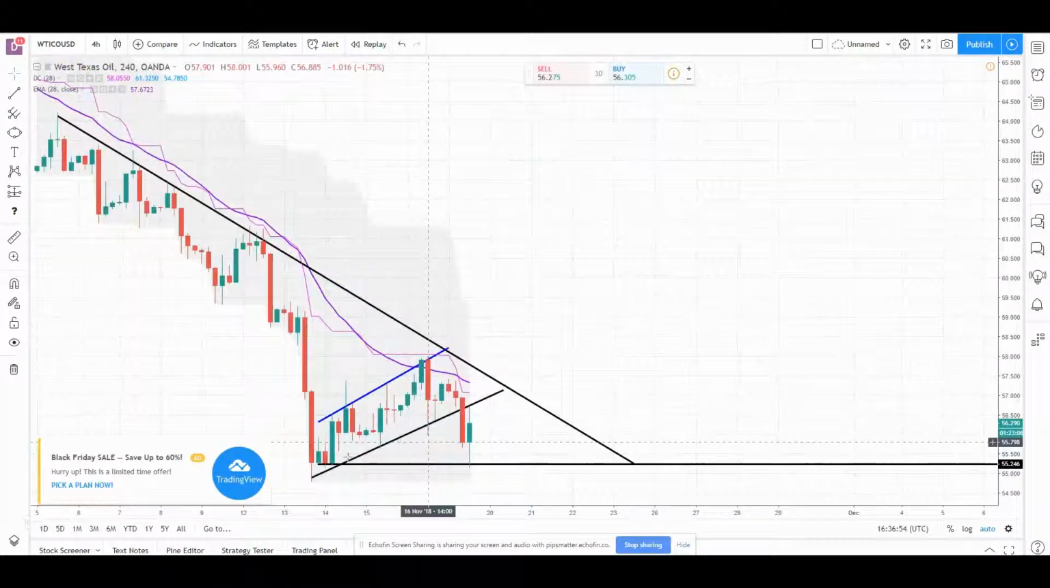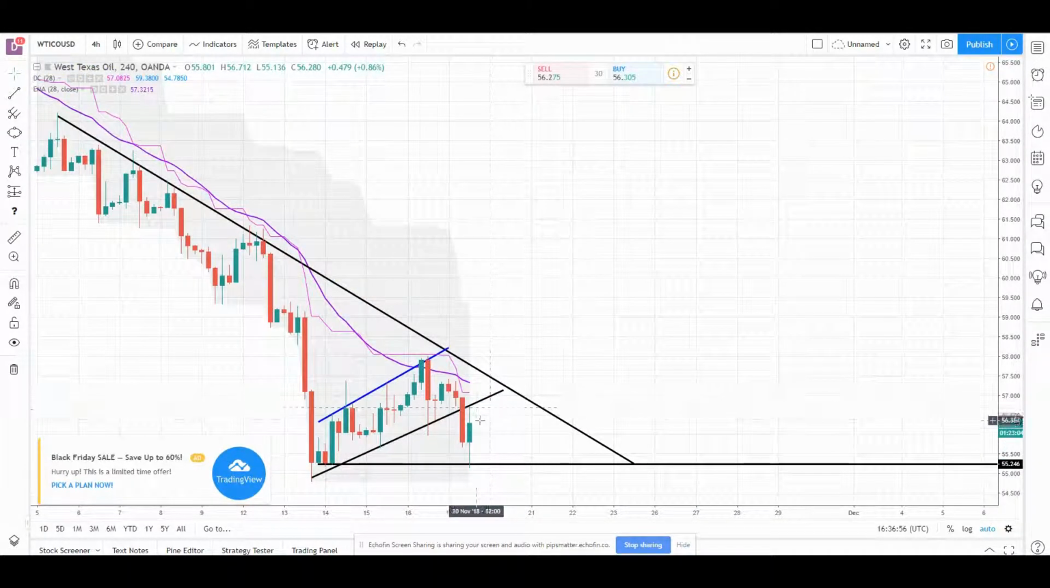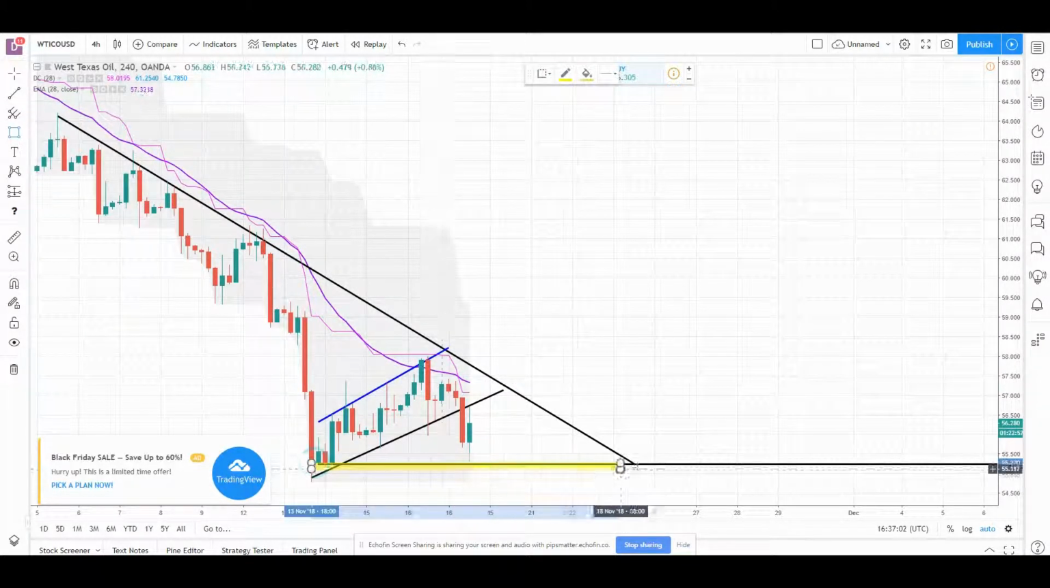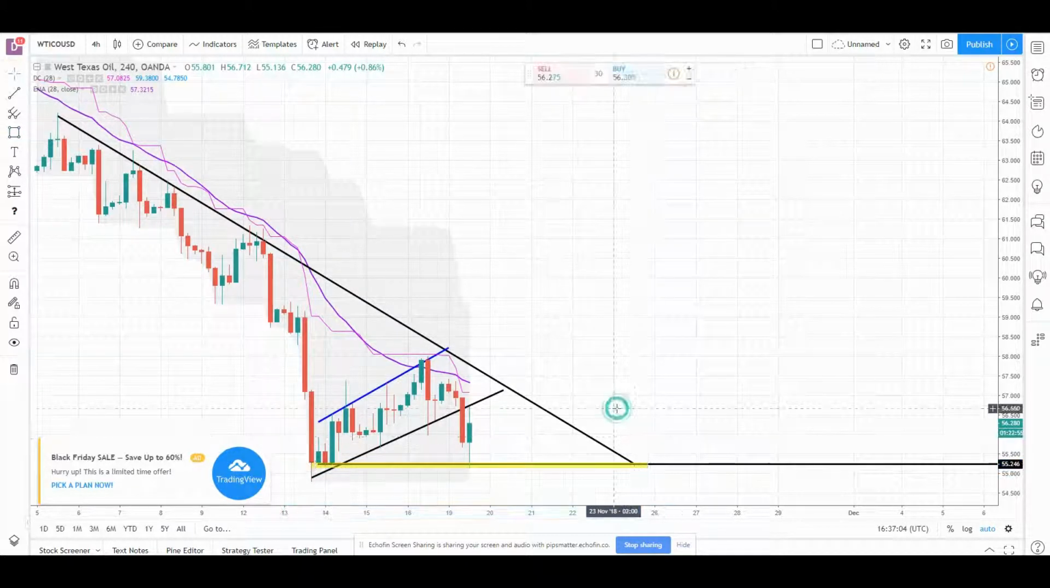We're making a retest of the bottom level of the trading range, and we're sure to continue going lower unless we get stuck in this area. Now remember, I'm going to have to